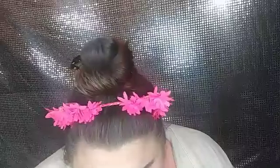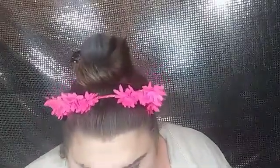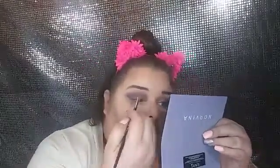And I'm going to take a small flat liner brush, and I'm going to grab a little bit of that product on my brush, and I'm going to go in and lay it right below the purple, right where my eyelid. So I know my camera just cut off and I don't know how long it's been off for, but I'm going to go in and put some glitter glue on my flat liner brush, and go in right below the purple